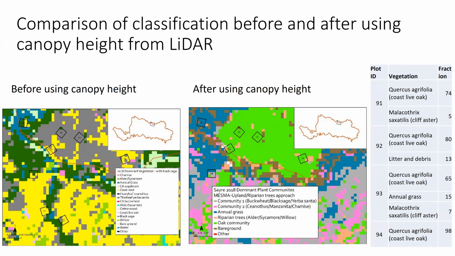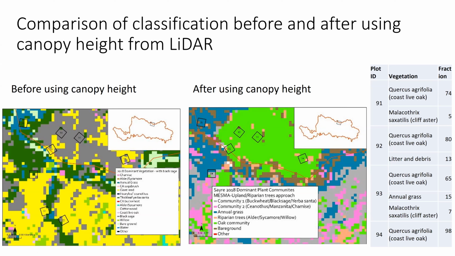And just as an example of how our classification improved, here on the left is our classification before using the canopy height model. If you focus on the plots 91, 92, 93 in the top part of the figure on the left, those plots were classified as black sage and giant reed, which are mostly shrubs. However, based on the ground data, described in the table on the right, oaks are one of the dominant vegetation types there. Even though we had oak spectral libraries in this classification,